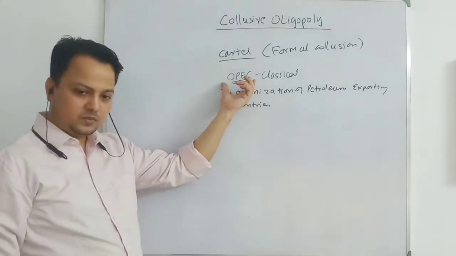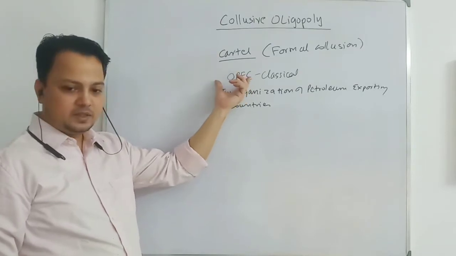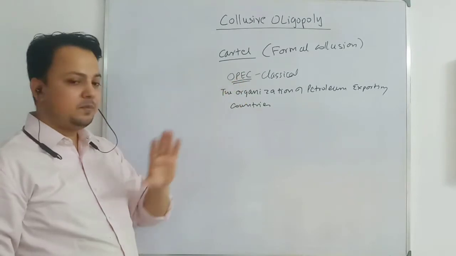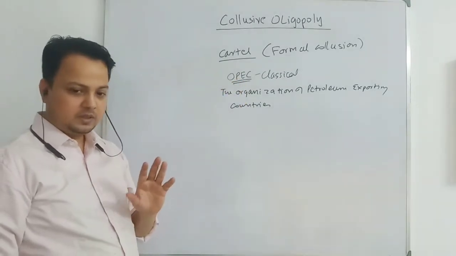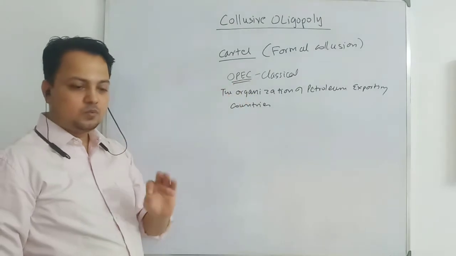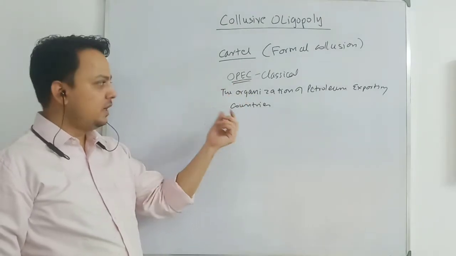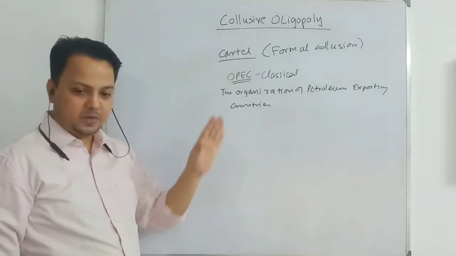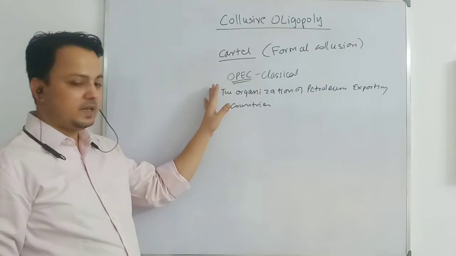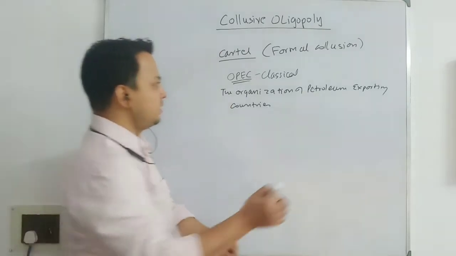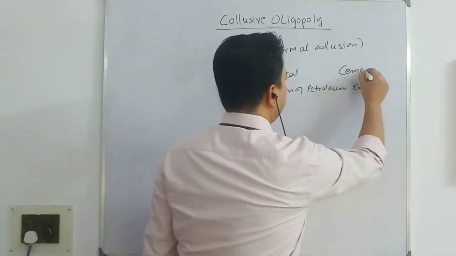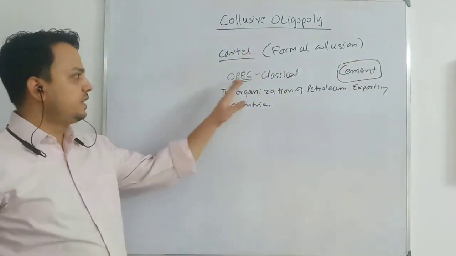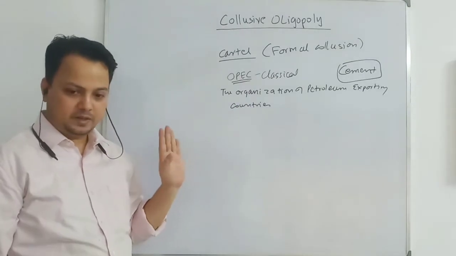OPEC. And what is the objective of forming this cartel? The objective is to coordinate and unify the interest of the members. What is the interest of the members? It is to decide the level of output and determine the share of each country, such that their joint profit gets maximized. This is a classical example. Even in the cement case in India, you will see that some form of cartel is forming also. So this kind of cartel is more visible.